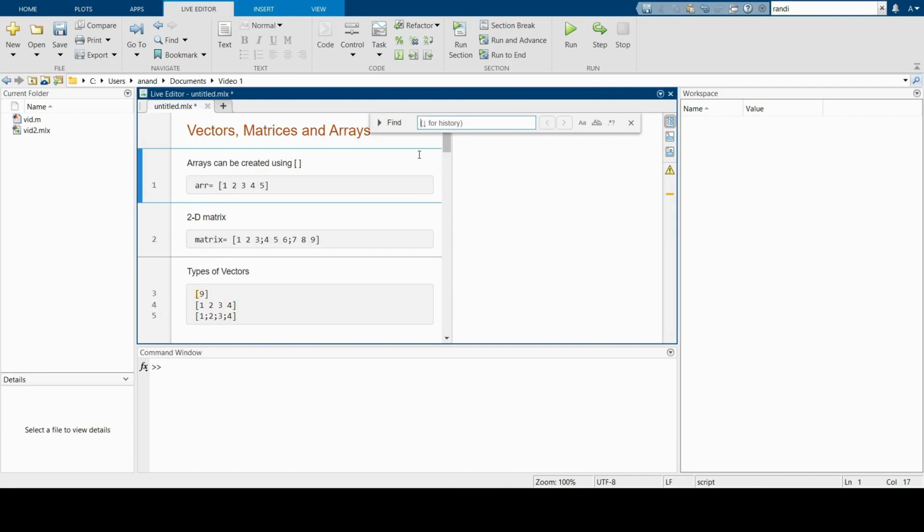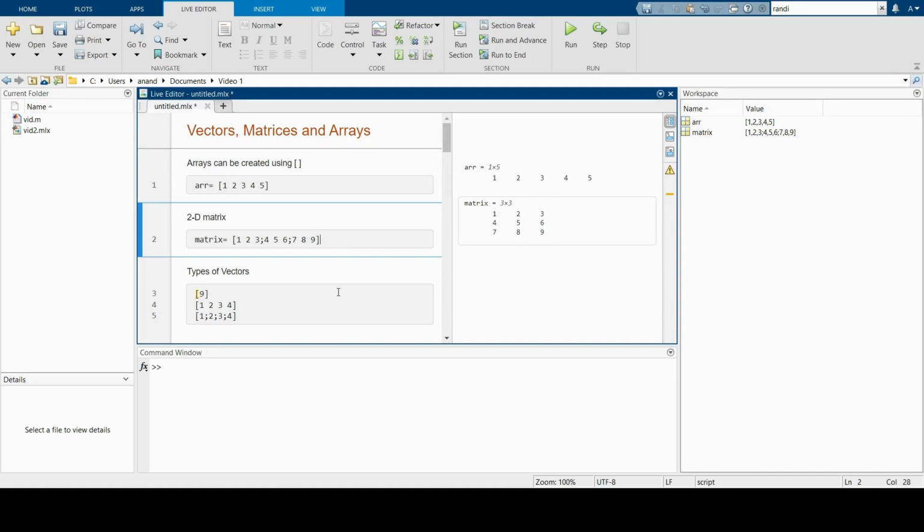Hi guys, in the last video we saw how to use input, fprintf and this functions. In this part we will work with matrices and arrays in Matlab. In Matlab you can create an array by enclosing a sequence of elements within square brackets. So this creates an array. We can separate the elements with either a comma or a space. Now, while creating a matrix that has multiple rows, we separate the rows with semicolons, and so this